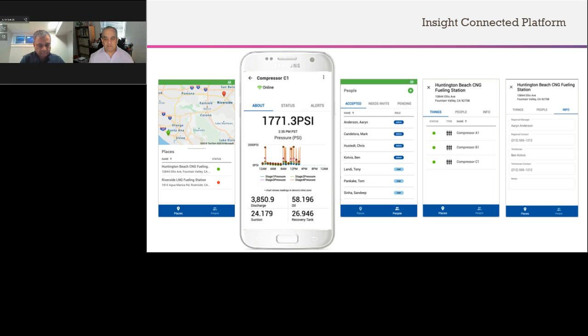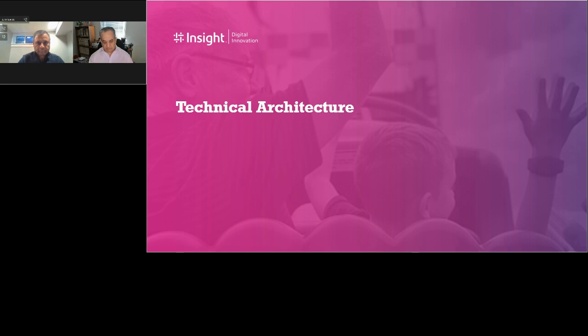I'm going to go ahead and move on to the technical architecture. Sandeep had mentioned earlier in the presentation that this is sold as a service, and that's absolutely true. We actually offer this in two different formats. One is a cloud-hosted, cloud-native application. The sensors remain on premises, but the data itself is processed and managed in a cloud instance that we sell as a service.